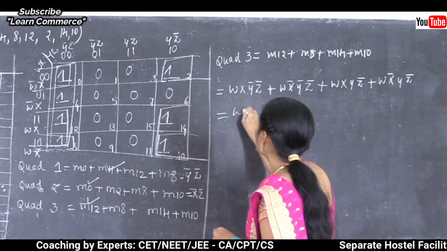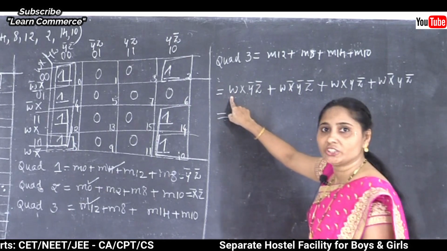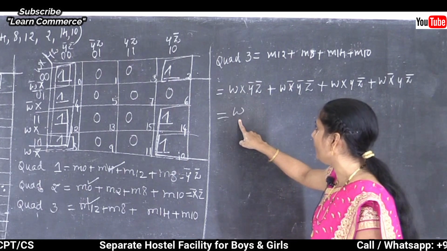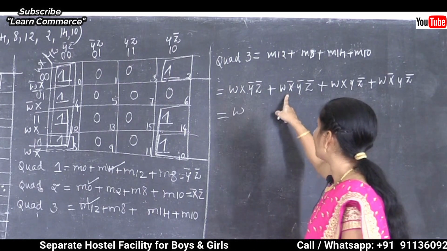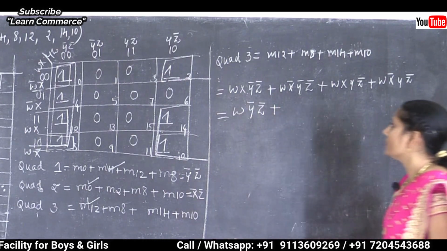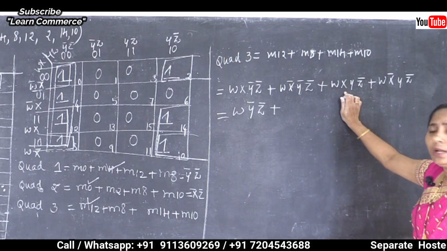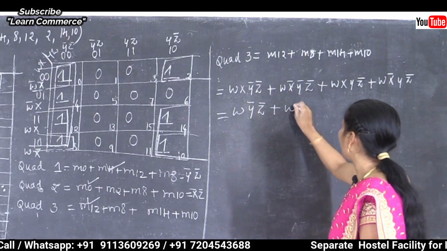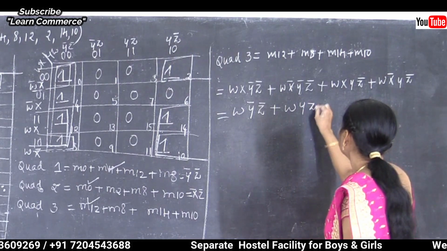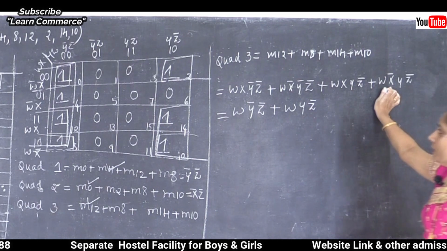Later on, we are going to make the comparison between the values. We need to keep W, no changes in the first variable, both are equal, so we take the variable. Now complement X and X, some changes are there, so we need to remove it; complement Y and complement Z, there are no changes. So this is the result of the first and second expression. Now we need to make the comparison between third and fourth. When you make the comparison, the answer is W, Y and complement Z. Okay, so X and complement X are going to be removed. Clear this point here? In the third and fourth expression.